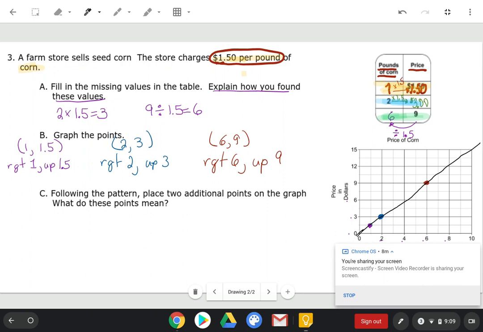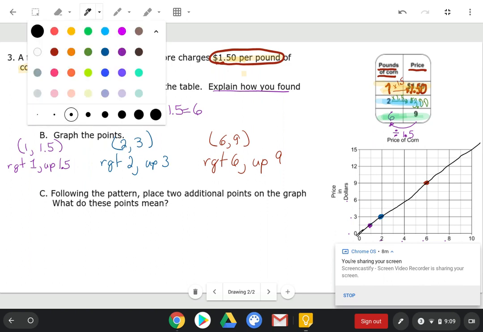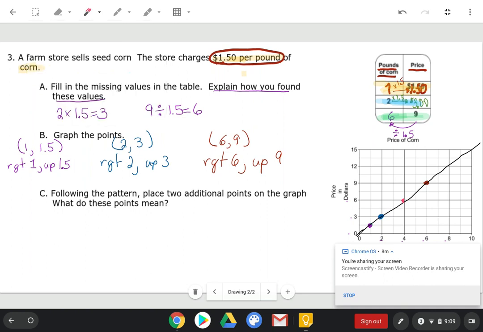All right. So letter C tells us to follow the pattern and place 2 additional points on the graph. What do these points mean? So I'm going to place a point on the graph right now. I'll place a point right here. That line should go right here. I have a shaky hand. All right. And notice this point